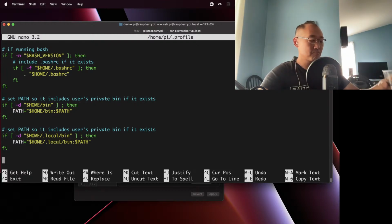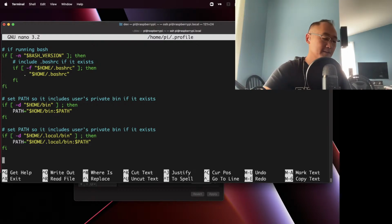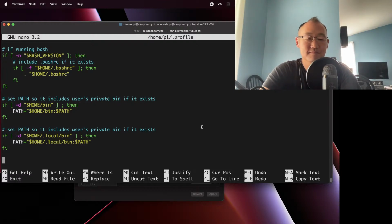I hit escape actually while I was doing the pasting. And that got me out of nano. And then I tried to open it again and it said, okay, you're already editing. Do you want to do that again? And typing fg got me back in. If you follow the instructions,